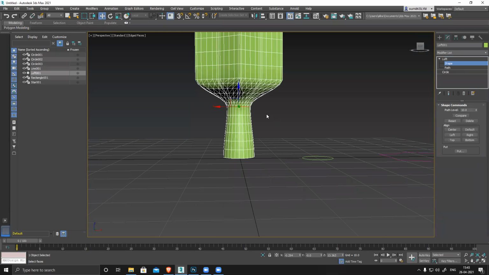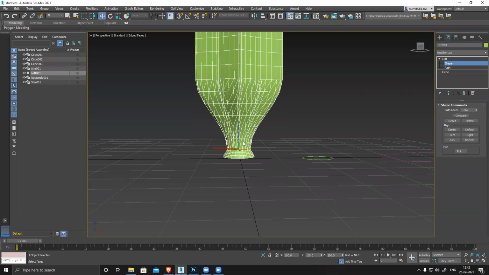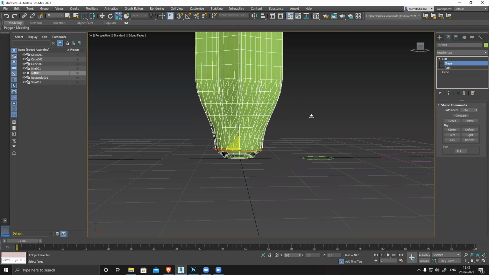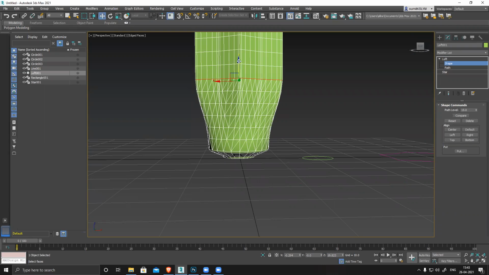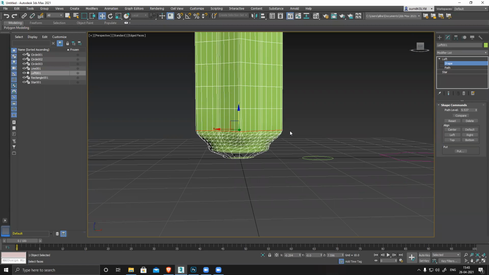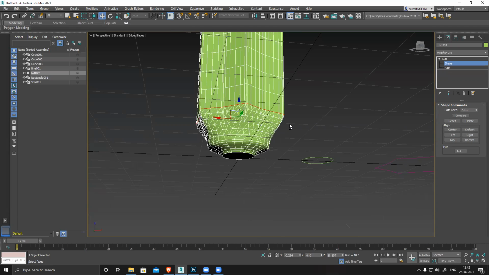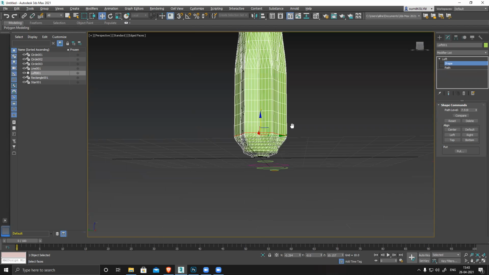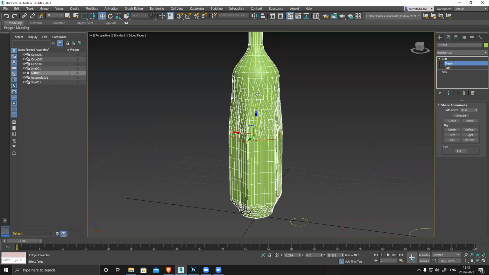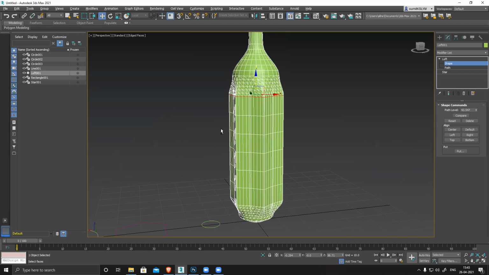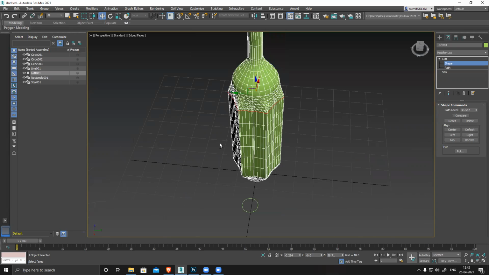I can go wherever I have applied a shape and scale the shape, modify it. Now I can select the star, push it down, or maybe push it up. You can see it will hold the shape nicely.